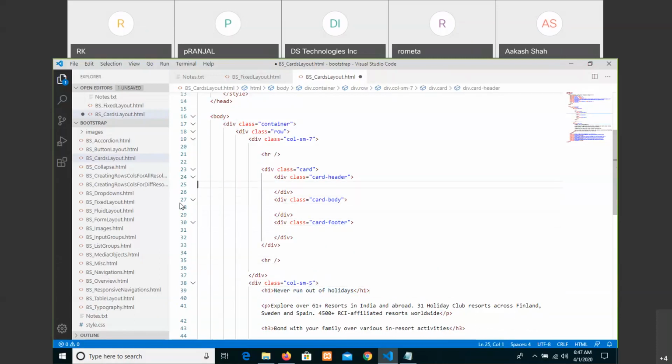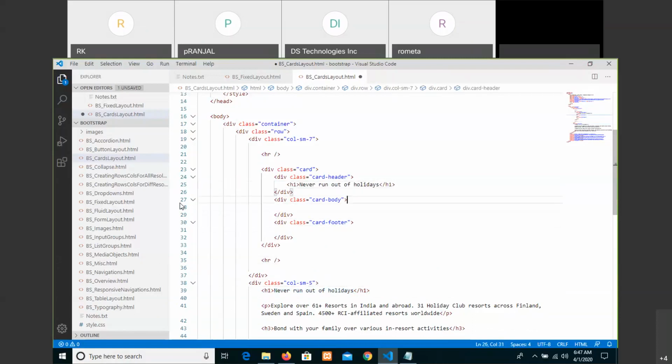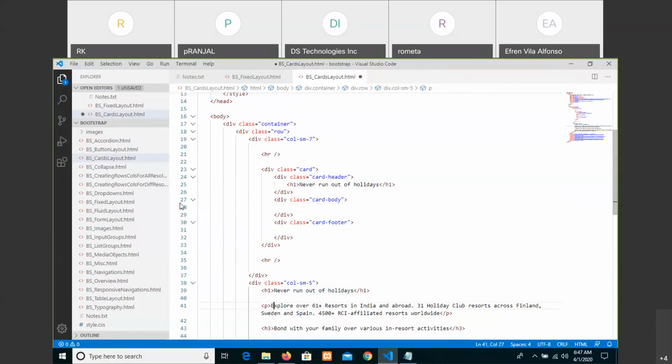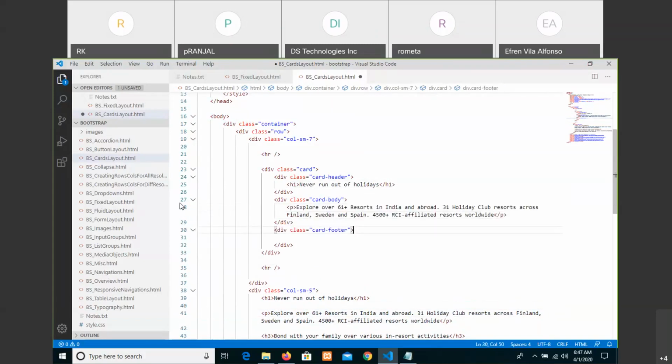Let us see here. Whereas for the body, write some paragraph. Whereas for the footer, okay, let me go with a button